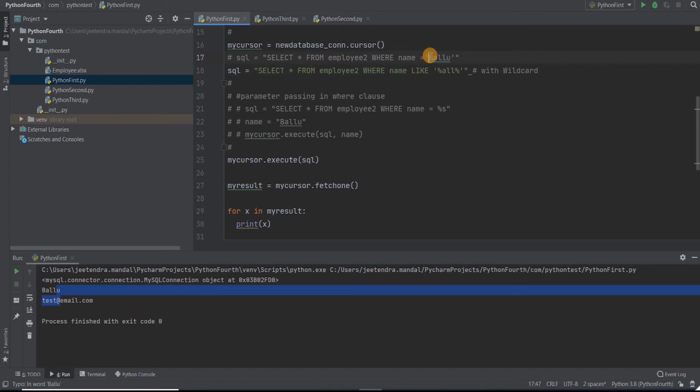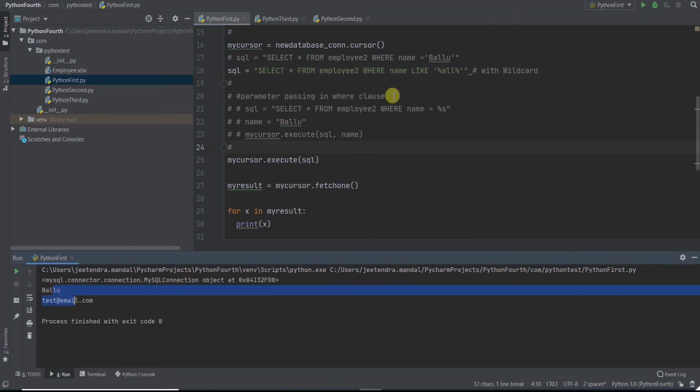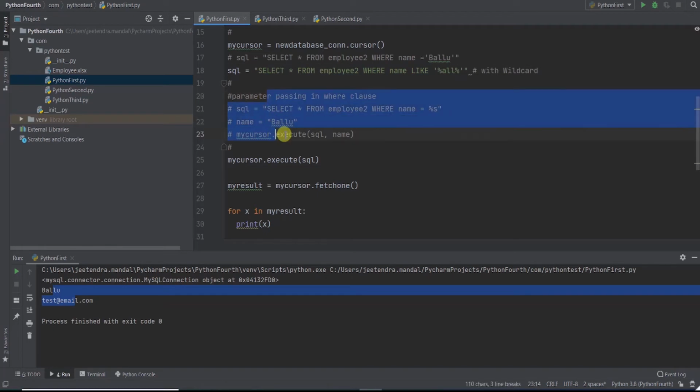Then also I want to get records with name Balu, or any record which has ALL in the name. If I run it, I'll get 1 record. See the wildcard character. This is called the like search. Similarly, if you want to do something parameterized, like if you don't know and you are taking some parameter from input, maybe from the UI, then you will just write like this, and whatever values come from the UI, you will set as the parameter and then execute. That's how it will work.